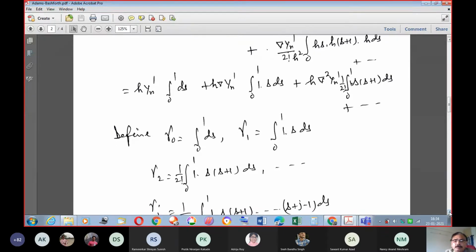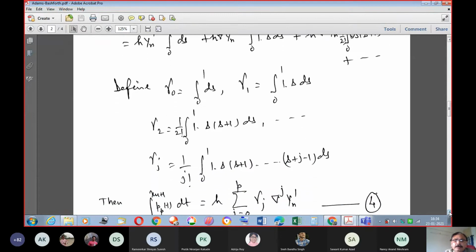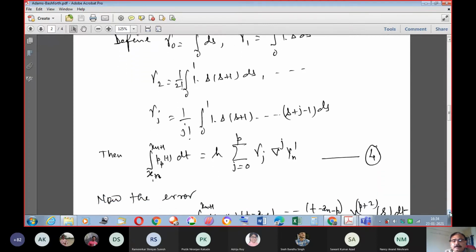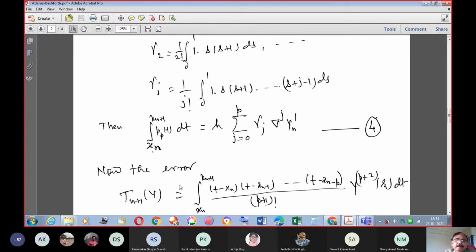So if you see the general one, the gamma j will be 1 upon j factorial, 0 to 1, 1 s, s plus 1, s plus 2, and so on, s plus j minus 1 ds. So with these gamma j's, we'll see that the integral from xn to xn plus 1 of ppt can be written in the first,